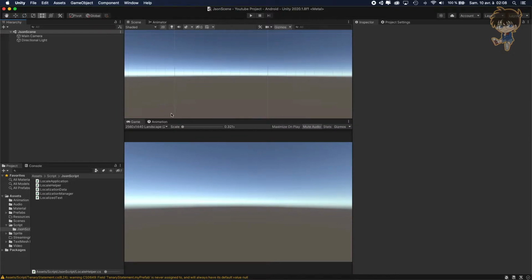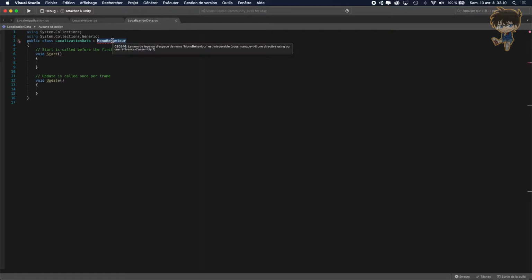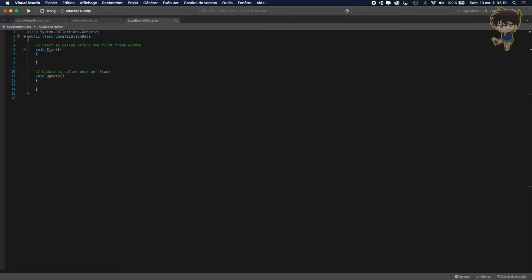So let's get started. The first thing we need to do is open the localization data. We don't need the using UnityEngine because we don't inherit from MonoBehaviour. We can erase this. We can erase the System.Collections because we don't need that. We can erase the functions Start and Update because we will not use those either. And what we want to create is